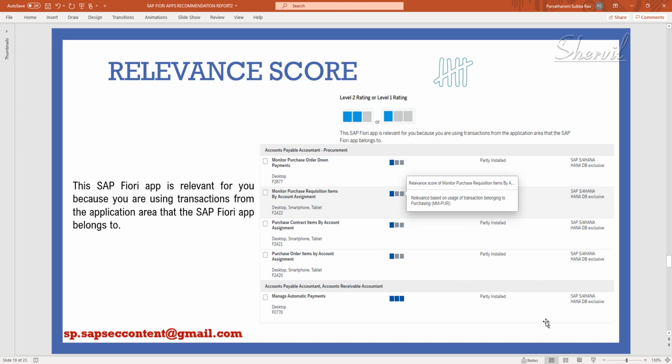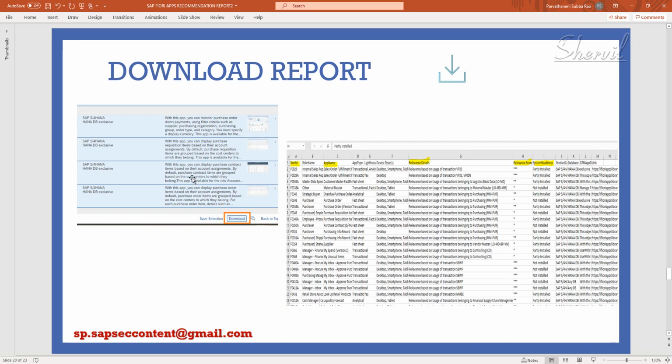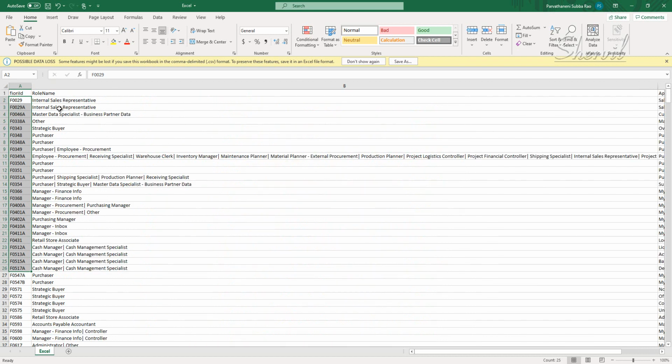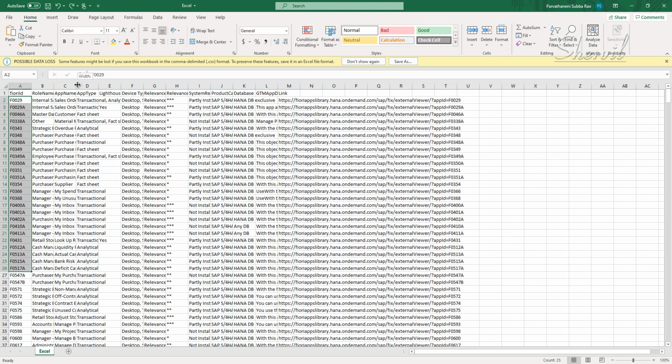After you have done this, once the report is generated, you can also download the report. At the bottom of the report, you'll have a download button, and you can download the report, which will look like this once you download it. So you have the Fiori app ID, which you can use for finding the app details in the Fiori apps library. You'll have the roles to which these apps are applicable. You have the app description,